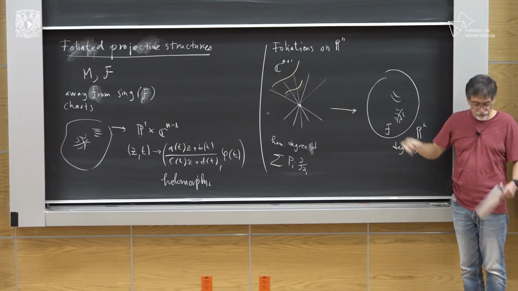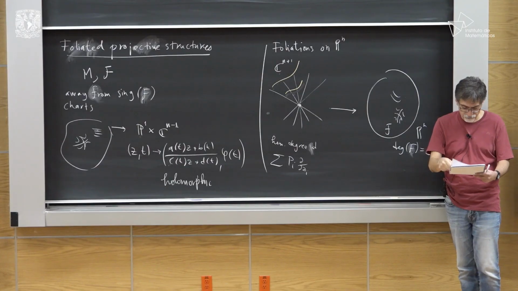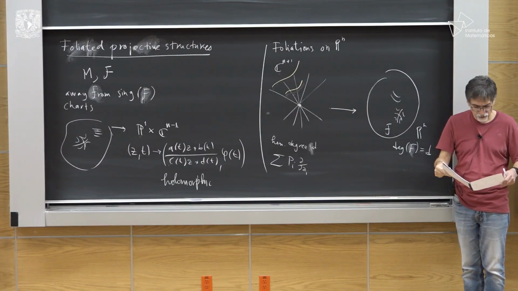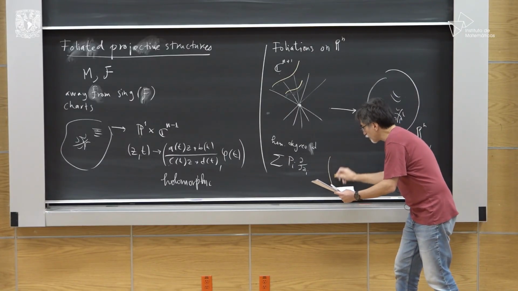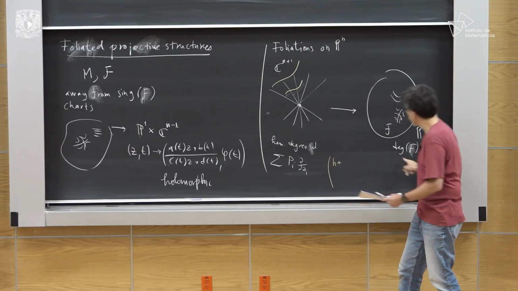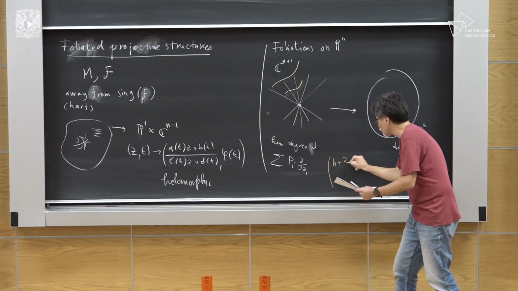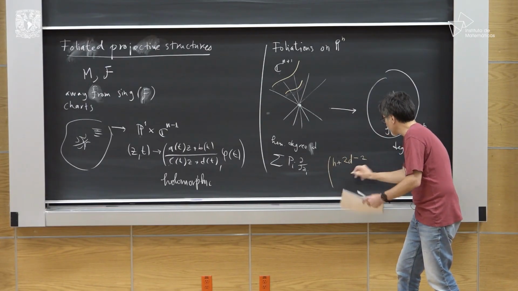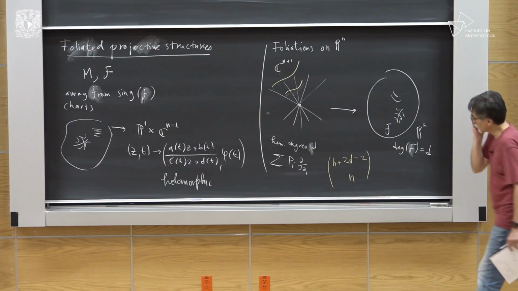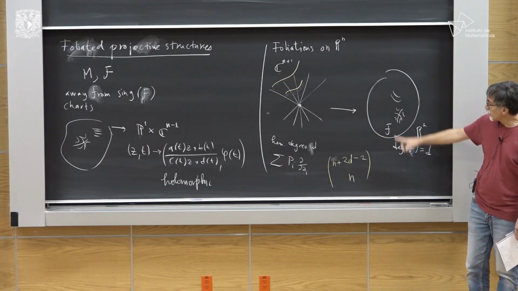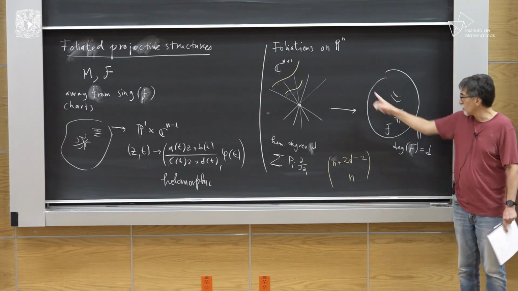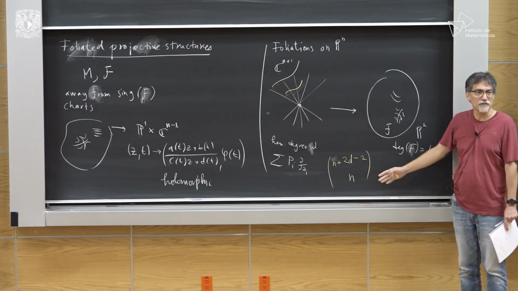has a foliated projective structure. Actually, you have many of them. You have an affine space of dimension, for degree d on Pn, (n+2d-2 choose n). So this is the dimension of the space of foliated projective structures on Pn. Okay? So you have many, many